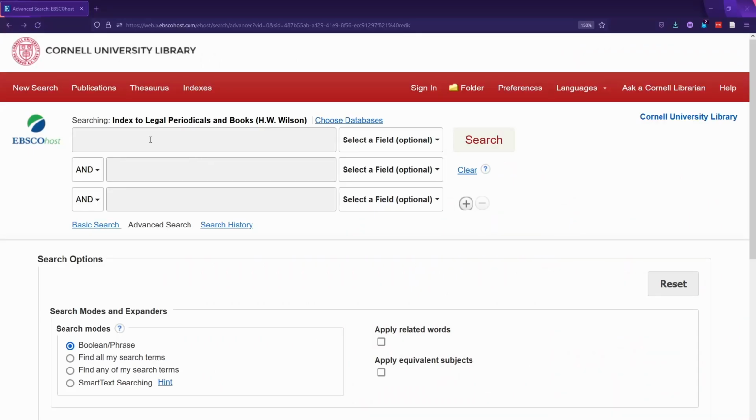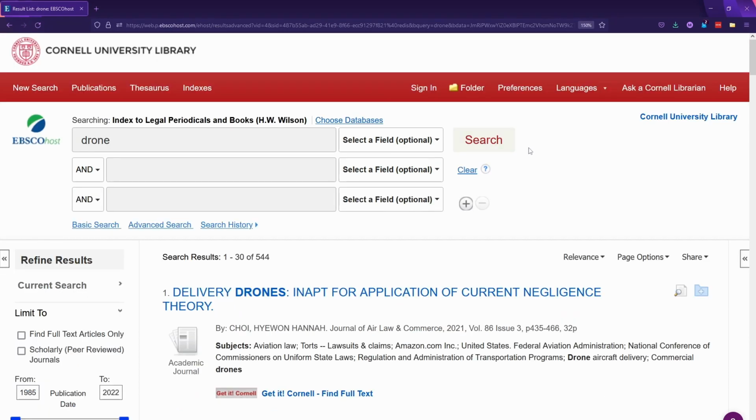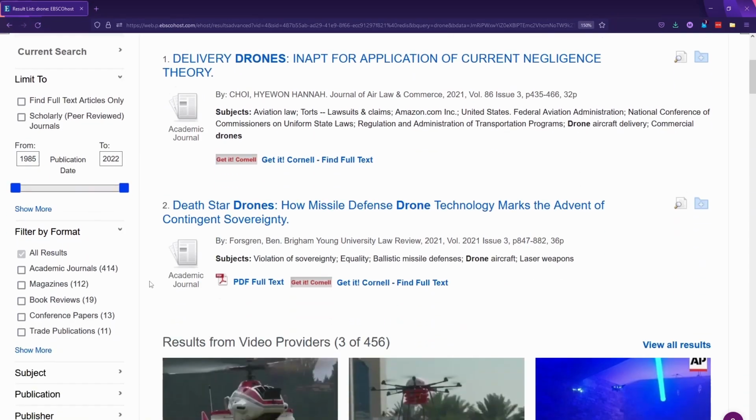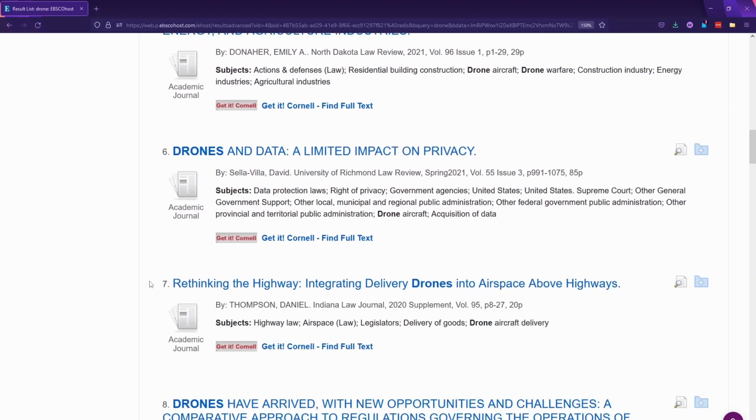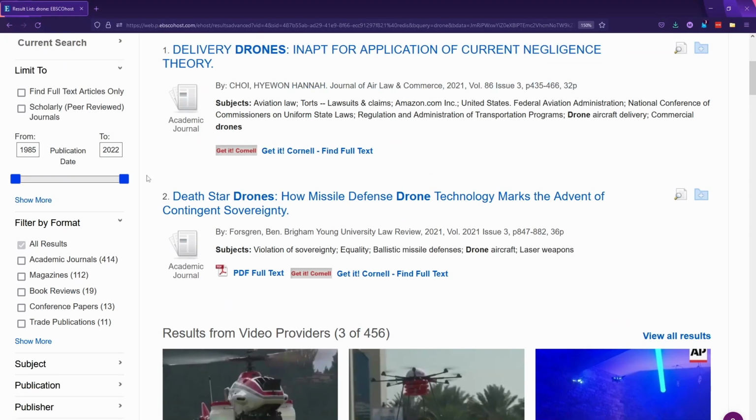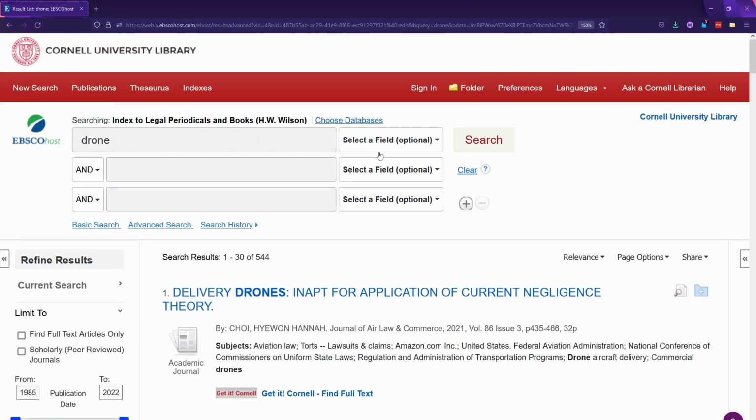So first we'll try just a simple keyword search. And you can type your keywords into the search bar up here. And you'll see all of the results below. And you do have some filters you can mess with on the side over here. Now, if, like me, you find your keyword was giving you way too many results, here we have 544 results,